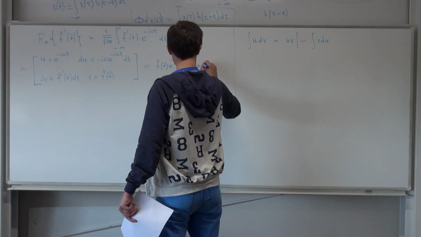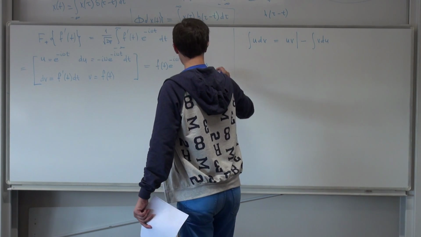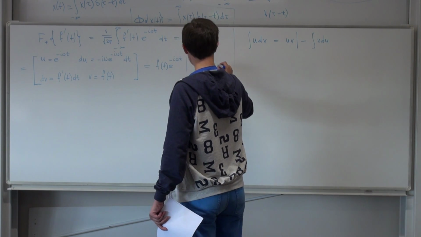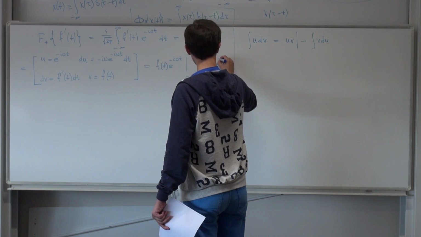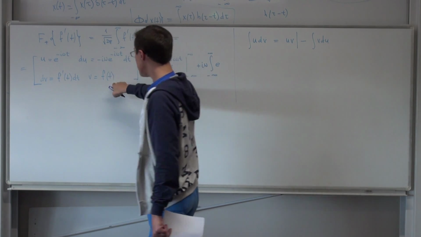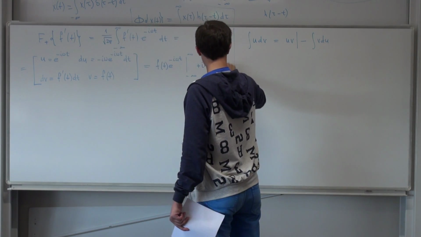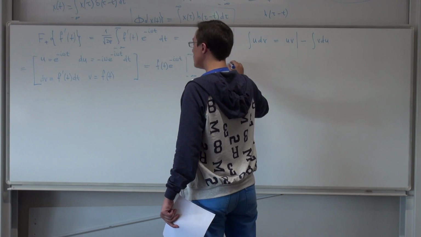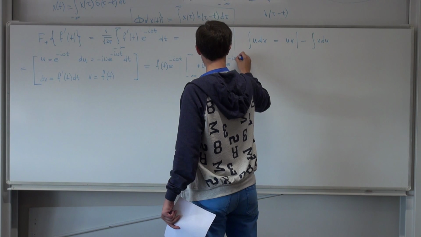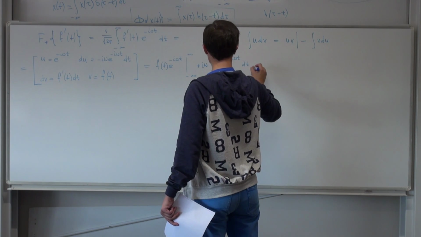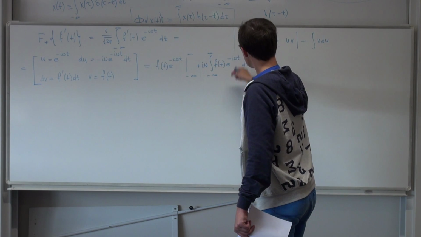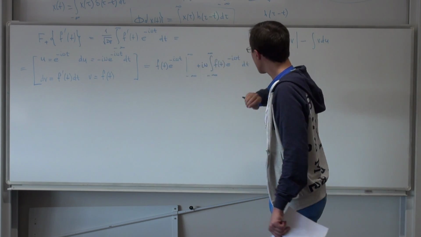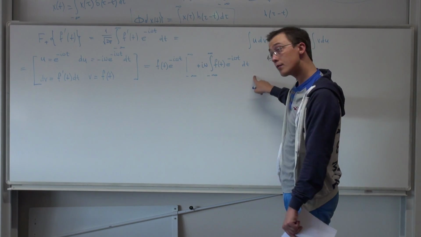So plus i omega integral from minus infinity to infinity of f of t e to the minus i omega t dt. Right, so you can see we have popped out something in front, and here we actually have the Fourier transform